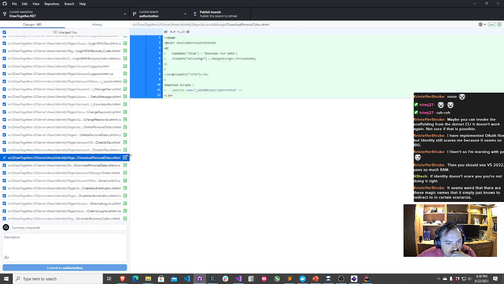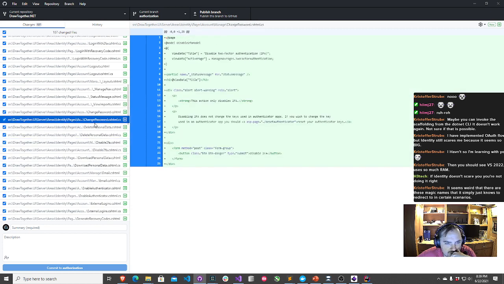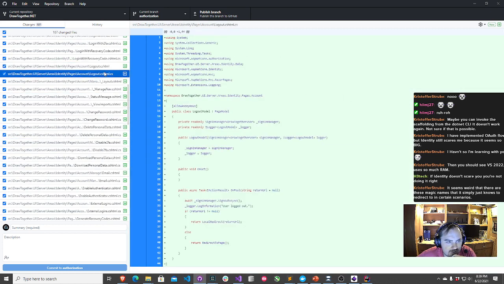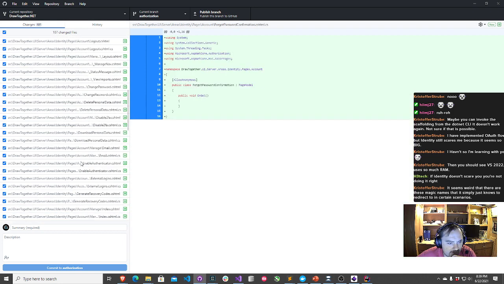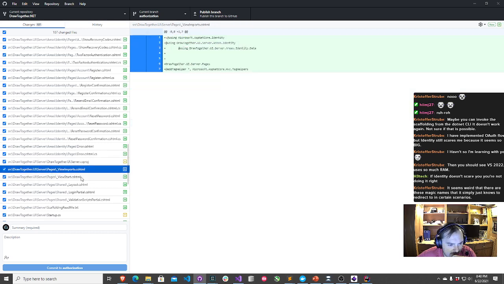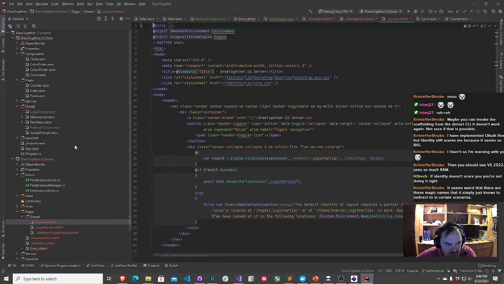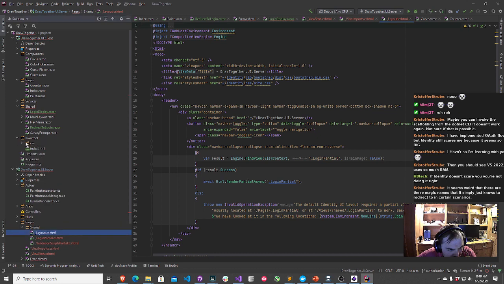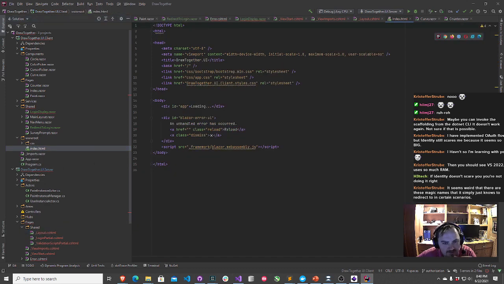I feel like this thing kind of blew up my host area to some extent. Pages, account, areas, identity. I thought I had a host page somewhere in here. Oh, God.